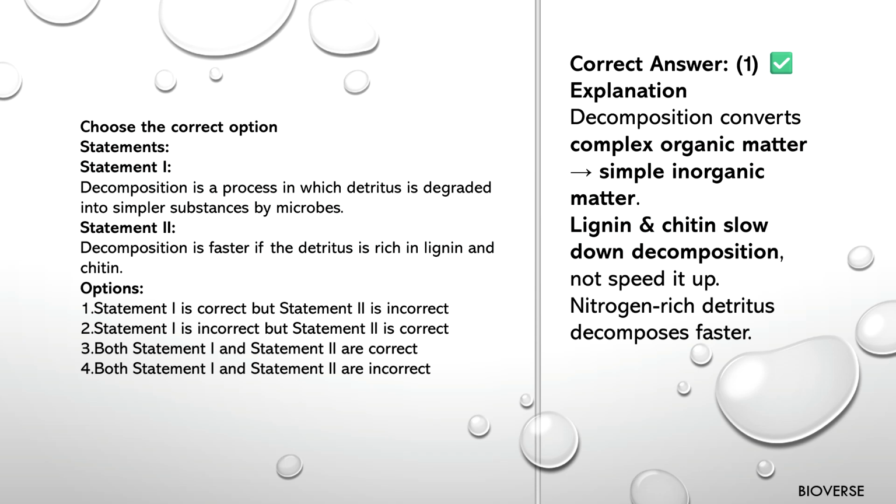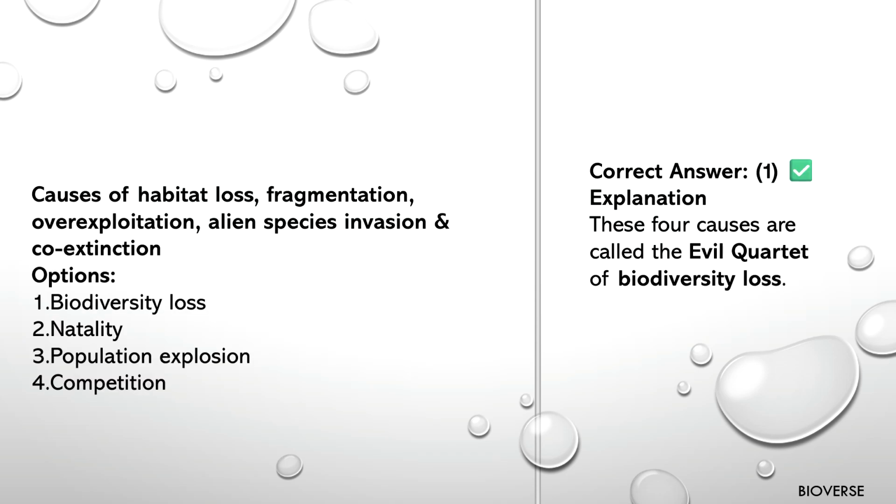Correct answer. Option 1. Explanation. Decomposition converts complex organic matter to simple inorganic matter. Lignin and chitin slow down decomposition, not speed it up. Nitrogen-rich detritus decomposes faster. Habitat loss, fragmentation, overexploitation, alien species invasion, and co-extinction are causes of